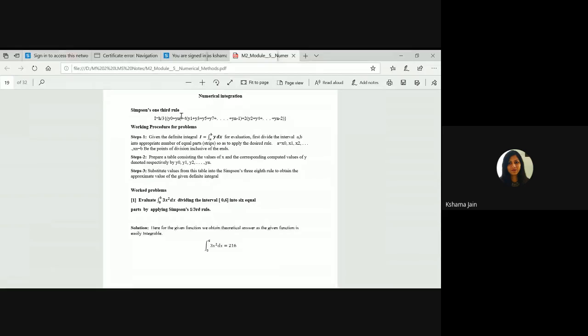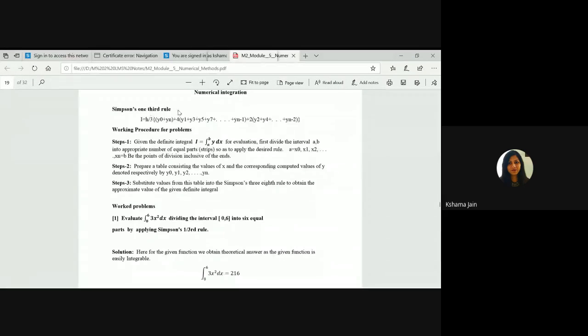Till here, for each method, the concept is the same. The difference comes only in the formula. For Simpson's one-third rule, as the name suggests, you just remember this one-third. So one-third means 1/3 times h, where h, as I told you, is (b minus a) by n. So the formula is h by 3 times [y0 plus yn, the first value plus last value, plus 4 times all the odd values, y1 plus y3 plus y5 plus y7 and so on, plus 2 times all the even values, y2 plus y4 and so on]. Okay, this is the formula. You need to learn it. You learn it, you mug it up. It's completely up to you.